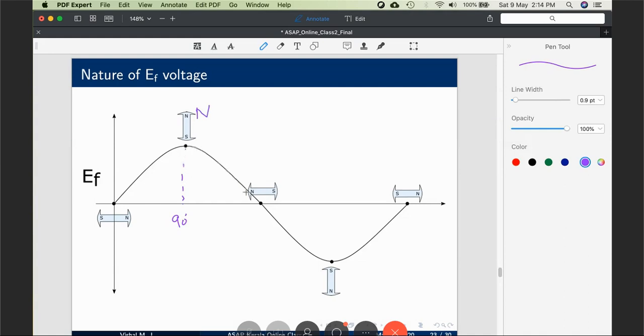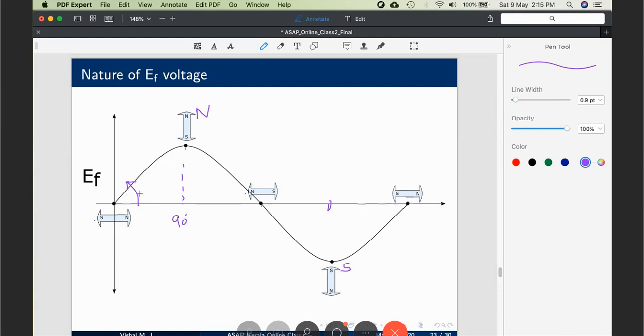Then as it rotates further, it becomes 0 again, but there is a difference. North pole is towards your left side. Here, south pole was towards your left side. It is rotating in anti-clockwise direction like that. Then at 270, it takes its minus maximum value. Again, they are not same. The poles are vertical, but the south pole is now upward and north pole is downward. So north pole was upward, and it comes back here.